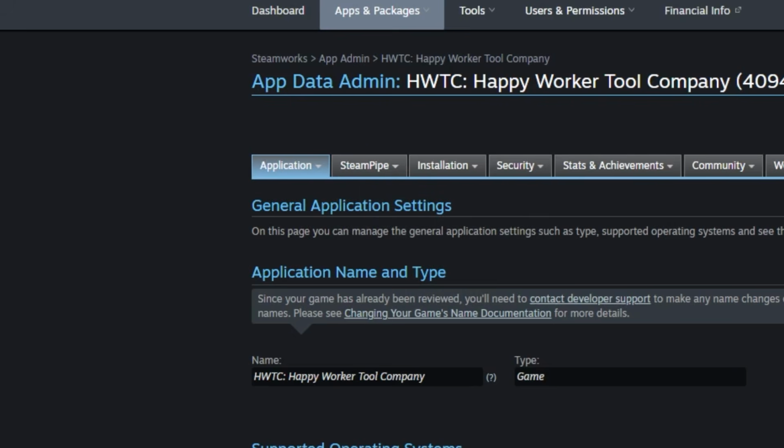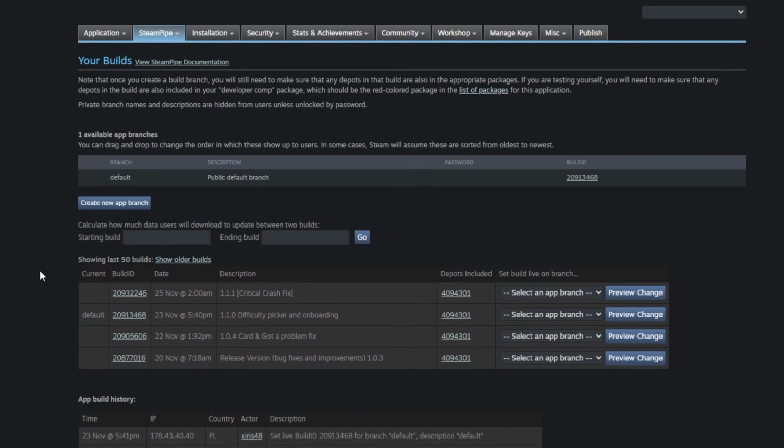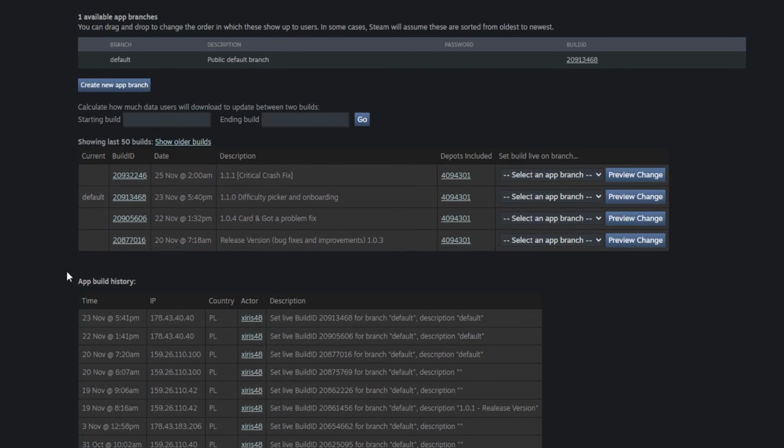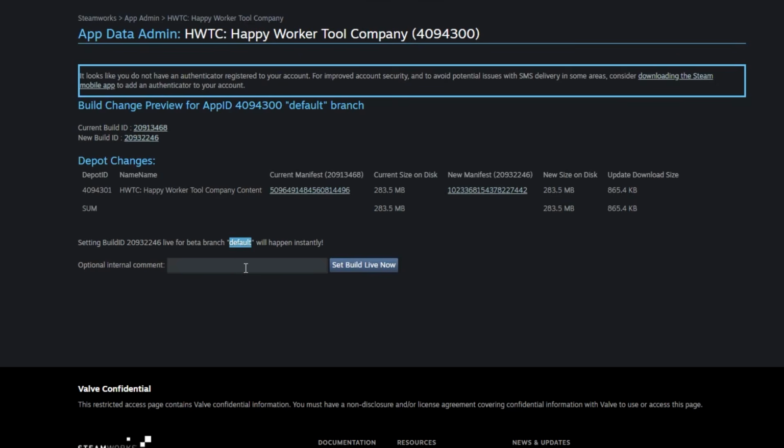Now we scroll down a little bit and in the list we can see our new build. Let's now publish it. First, in the drop-down Set Build Live on branch, we have to select the branch. I have only the default, so I'm selecting it. Then we click the Preview Change button, and on the new page, we enter an internal comment and click the